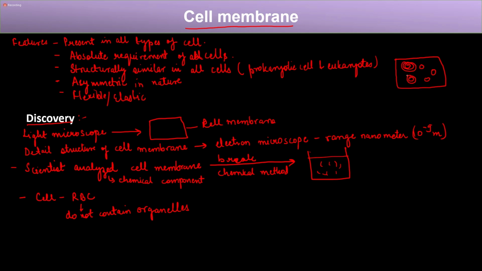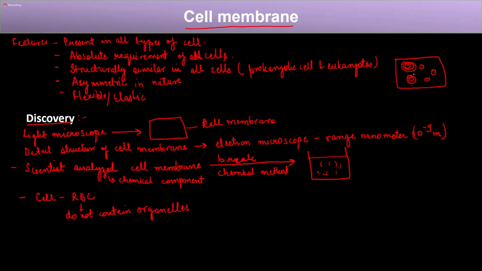At that time, the scientists did not know what this membrane was made up of, whether it was different from the outer membrane. Now we know that these two membranes are made up of similar components, but at that time it was not known. So, in order to prevent contamination from these membranes, the scientists used